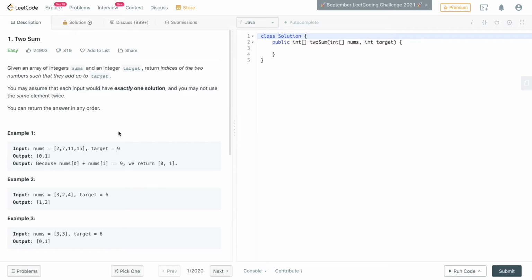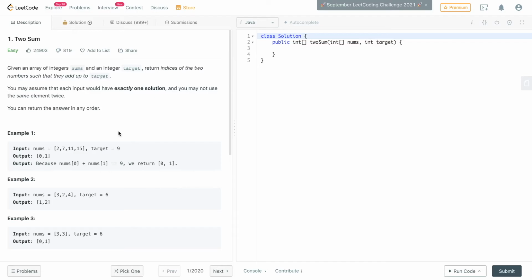But as of now, we have a map, right? And again, we traverse each element in the array. For example, we go to the first element, and we check the difference between our target and the element, whether it exists in the map.